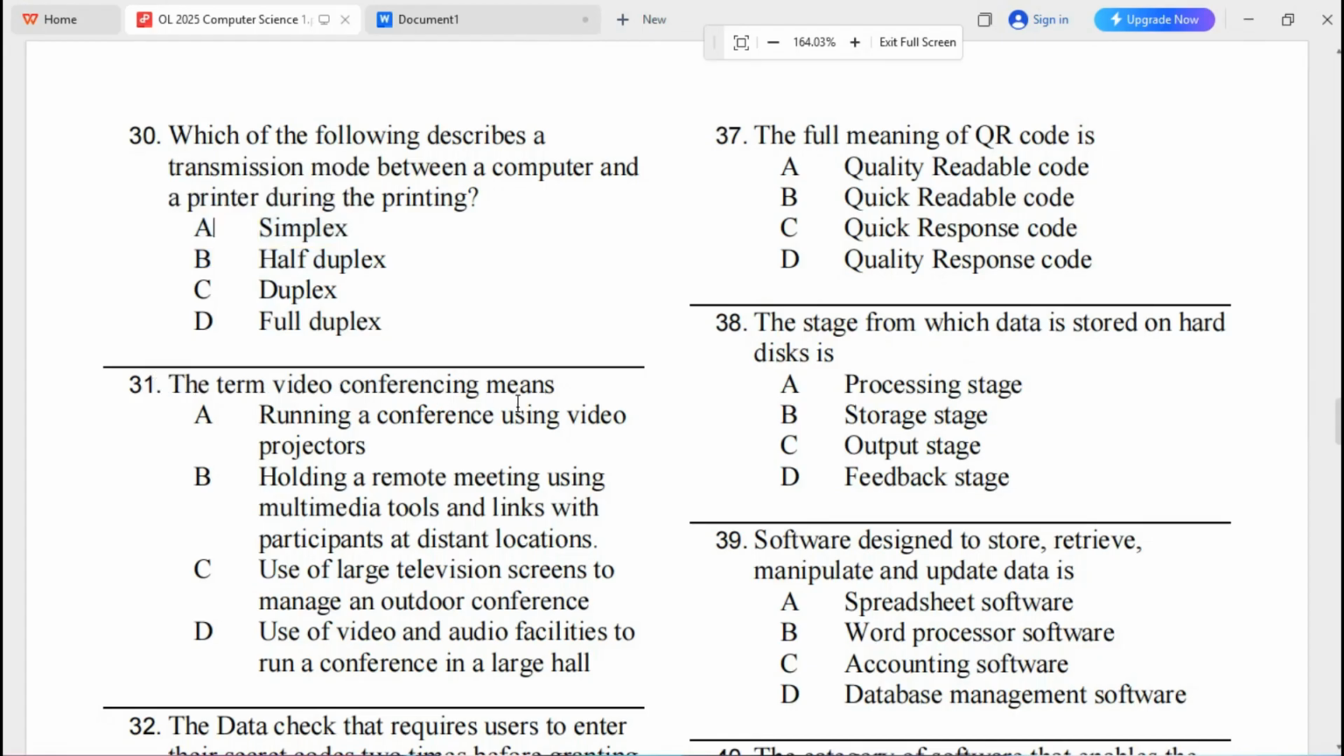Question 31, the term video conferencing means video conferencing in general terms simply has to talk about having a video meeting with multiple groups of people who live at remote areas online. Examples of applications which can be used for video conferencing, we have Zoom, we have Google Meet. So for question 31, you have B, holding a remote meeting using multimedia tools and links with participants at distant